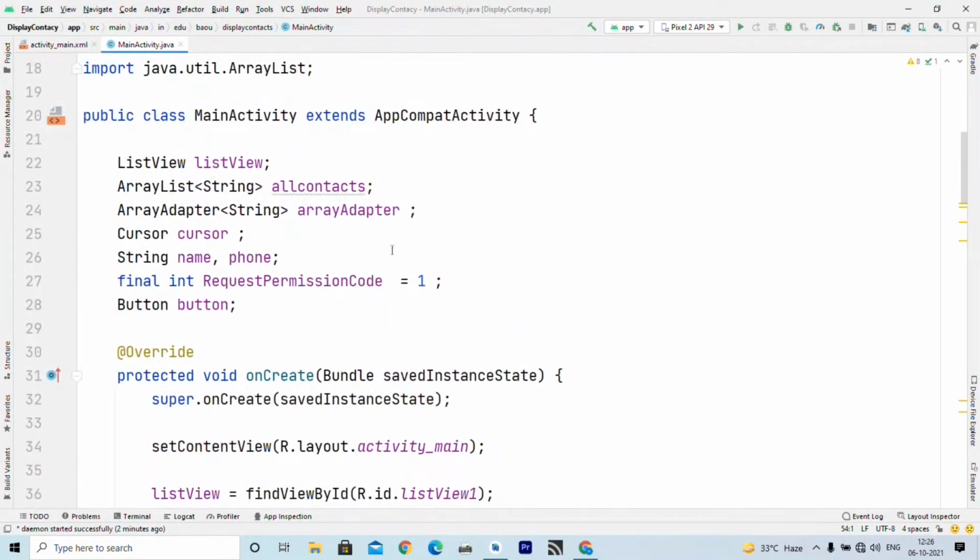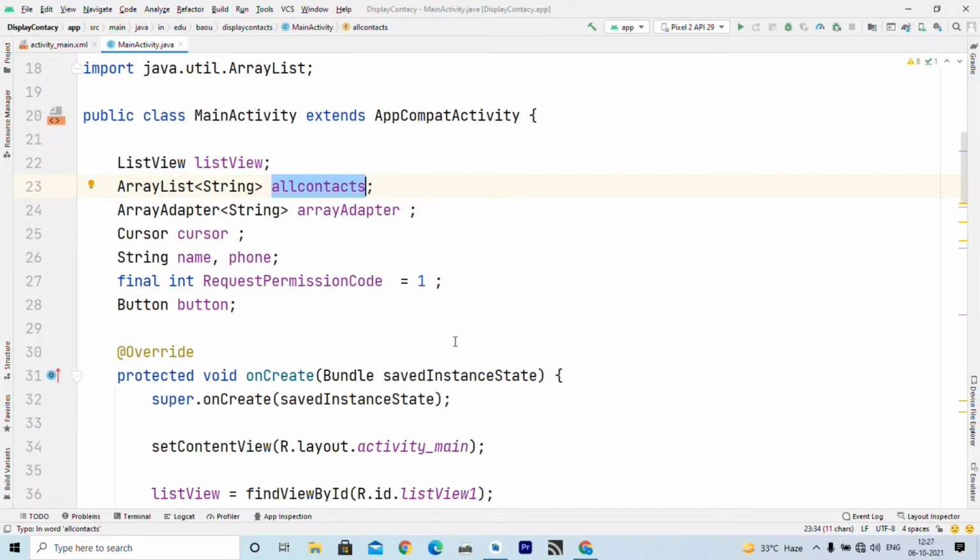Here you can see I have declared one list view, which refers to the list view in the layout file. Now, I have declared one array list. An array list is a data structure that stores a list of strings, right? And it is a dynamic data structure, so at runtime you can add data to the array list.